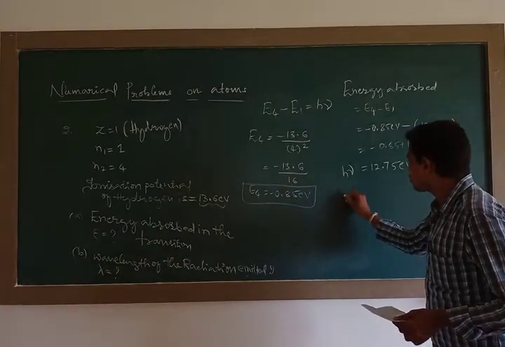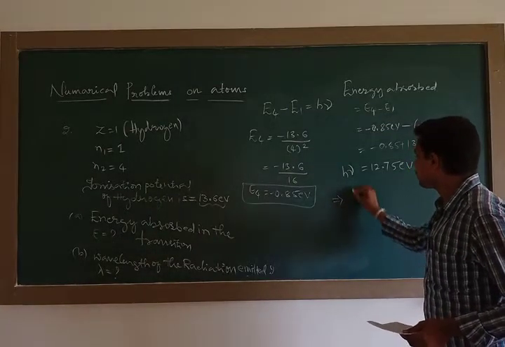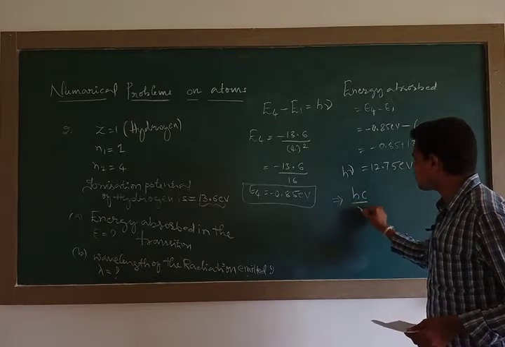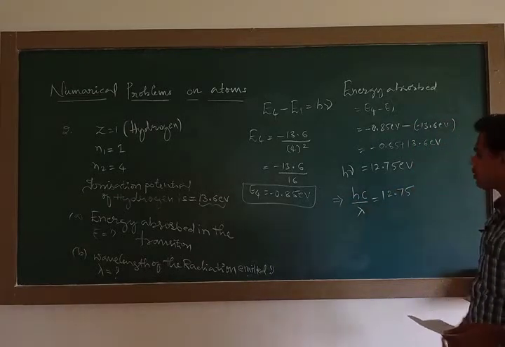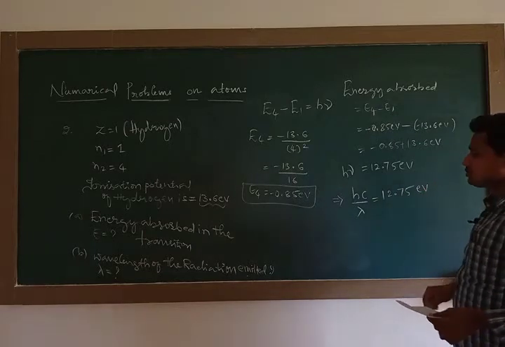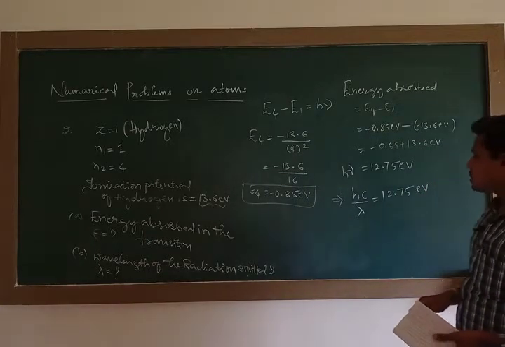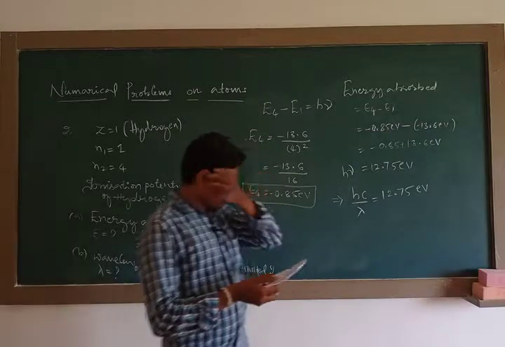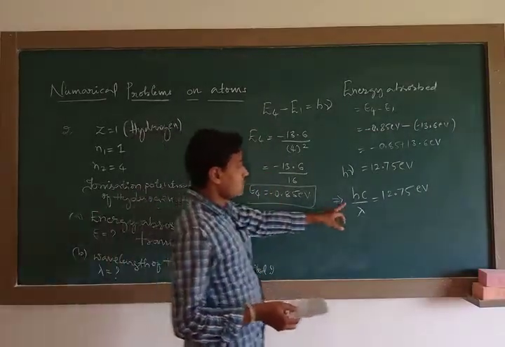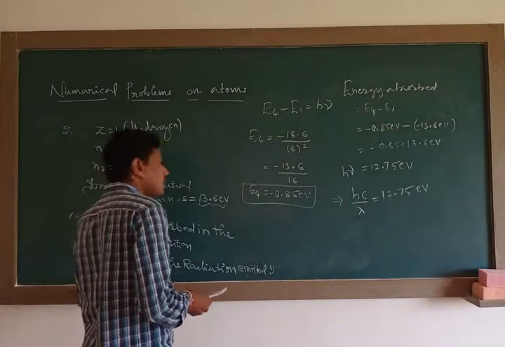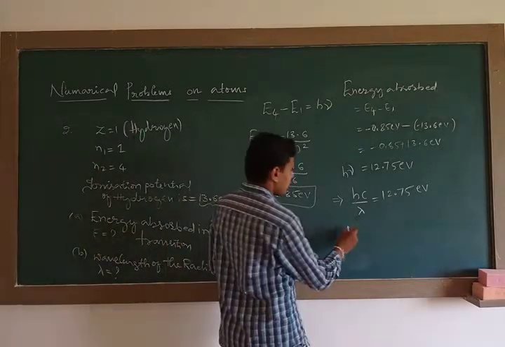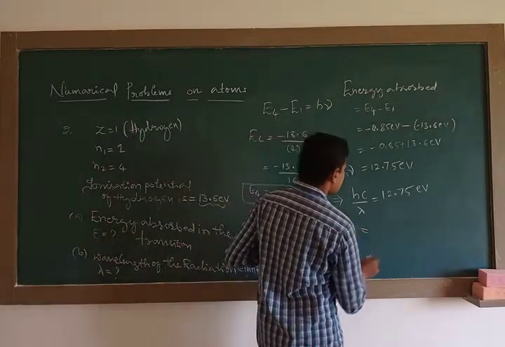Next one, see what we have to find. We know that this must be equal to hc by lambda. This is 12.75 electron volt. We need the wavelength of the radiation emitted, lambda. So how to find wavelength lambda? Lambda is equal to